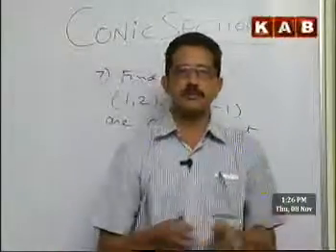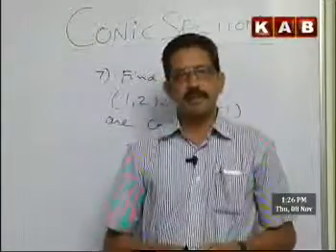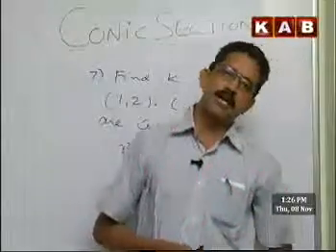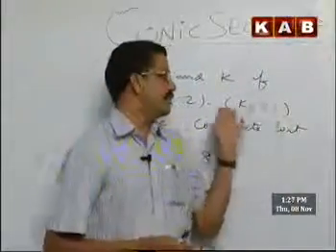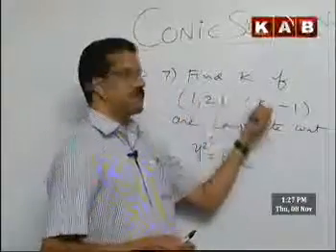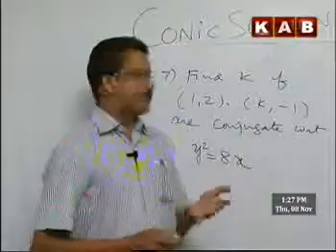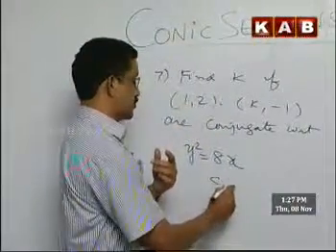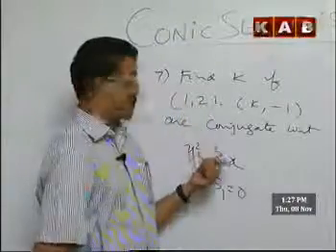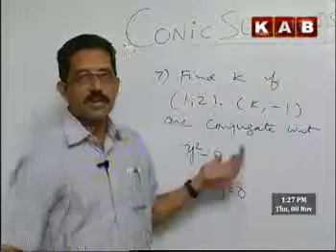You need not worry about separate things. Everywhere, for ellipse, hyperbola, parabola and circle, the meaning of conjugate is the same, and here he is telling these two points are conjugate. We have to find k. What we will do? We will write the polar of this. What is the equation of polar? S1 is equal to 0. Once you get the polar equation, we will put k, minus 1 in this. That's it. We have the answer.